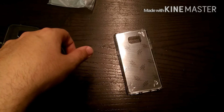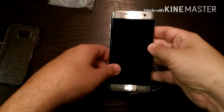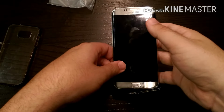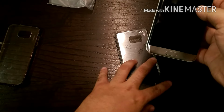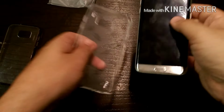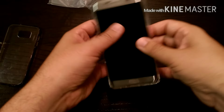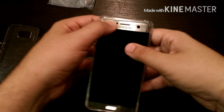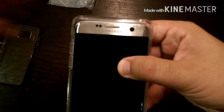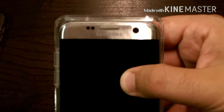So now what we're gonna do is we're gonna take my S7 Edge, and one of the biggest questions people have in regards to the S7 Edge and the Note 7, because we're hearing a lot of the specs are gonna be comparable, okay? So I'm plopping my S7 Edge into the Note case, okay? And as you can see, try to see if we could zoom in a little bit, okay? As you can see here,